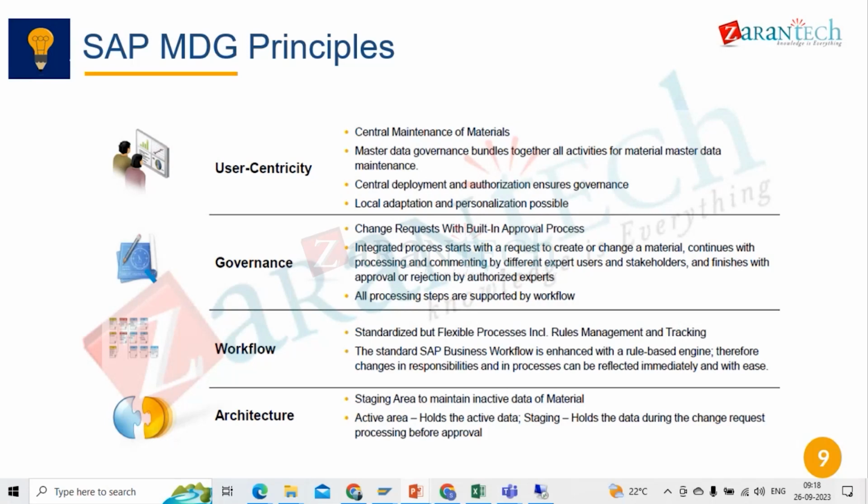In workflows, there will be two types: the standard workflow and the static workflow. I will explain them to you very clearly in the next classes, and how we are going to create workflows, I will show you in the configuration part. Here you can see user centricity: central maintenance of master data, master data governance builds together all activities for master data maintenance, and controls deployment and authorizations,